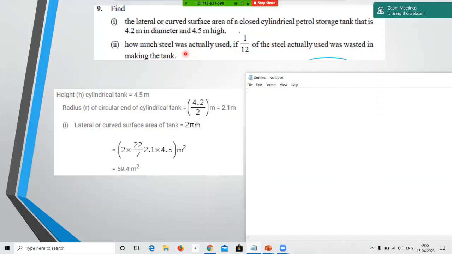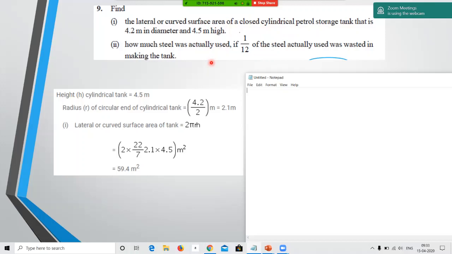Speak properly. The area of the closed cylindrical tank. No, there's nothing called area of a closed cylinder. Please use the perfect terms. It is the curved surface area. Are you sure it's a curved surface area? It's the total surface area. Yes, it is the total surface area. Understand that it is closed, because petrol will otherwise evaporate, and it is inflammable also. So it is the total surface area.